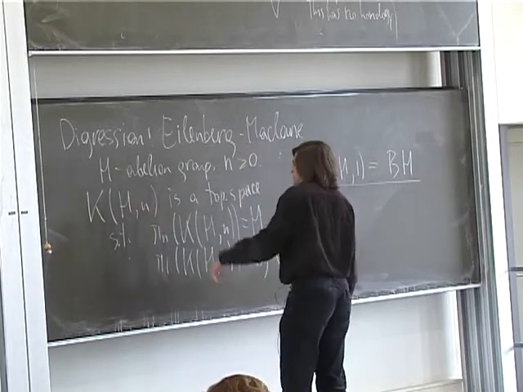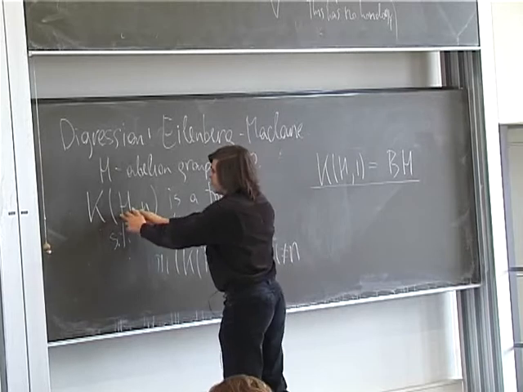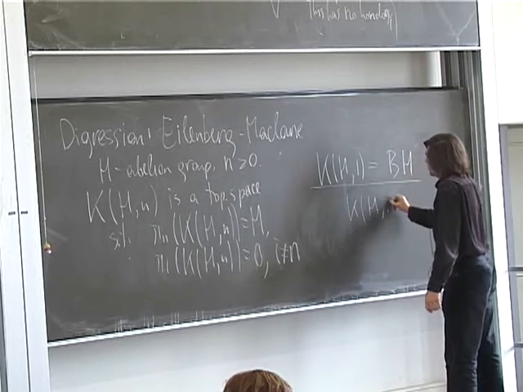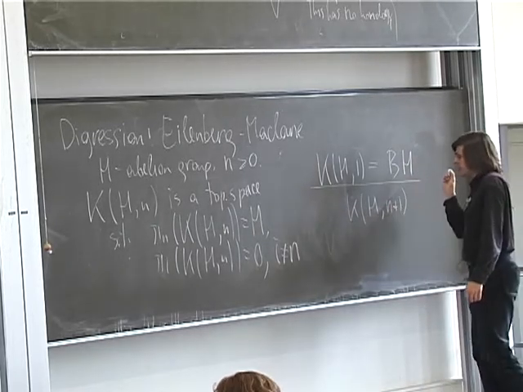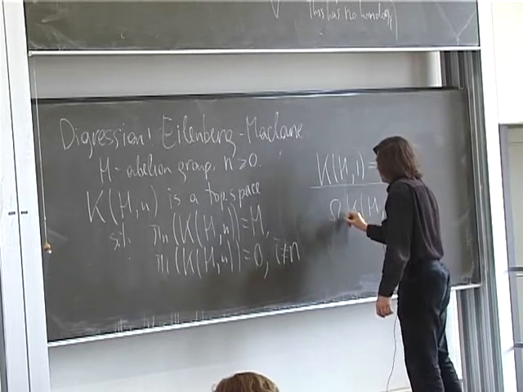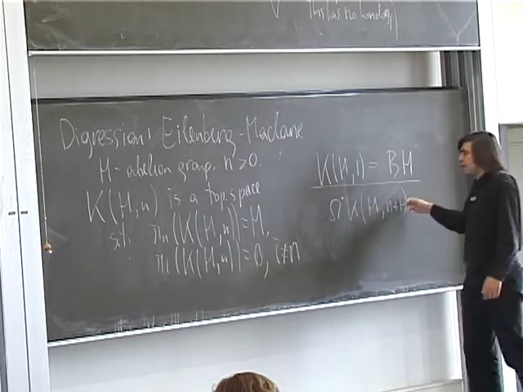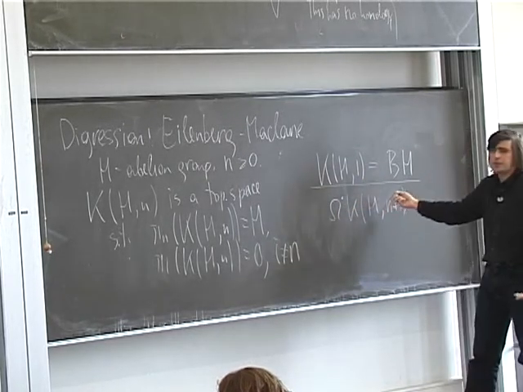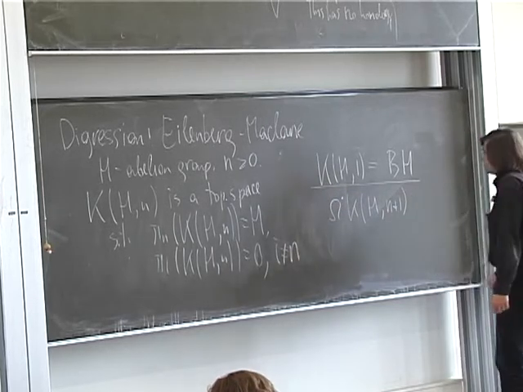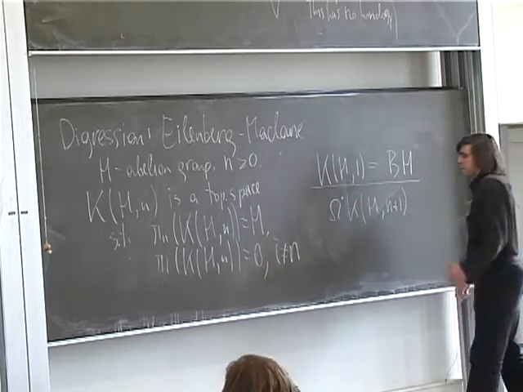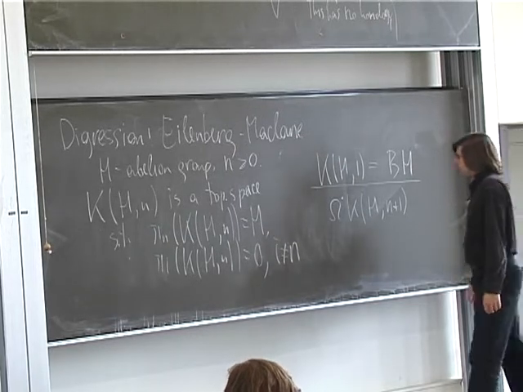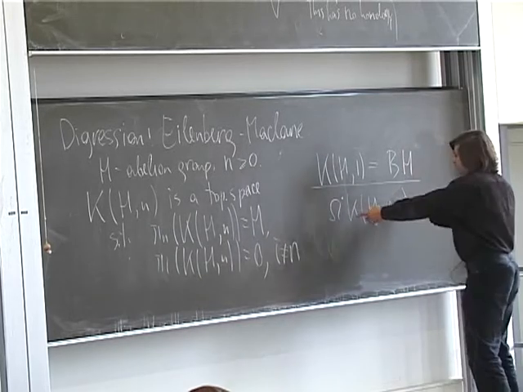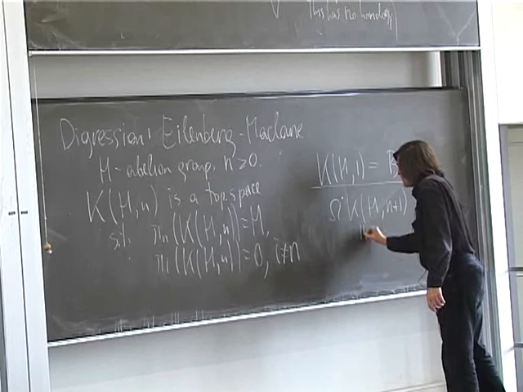So we have these spaces, and if we fix the group H and consider the Eilenberg-MacLane space K(H, n+1), we can take its loop space, the space of loops. In topology, all the spaces are supposed to be pointed, so there is a fixed point, and we consider the loops passing through this point. This is also a topological space, and this is a functor on the category of topological spaces with a fixed point. And taking the loop space shifts homology, so this must, by definition, be an Eilenberg-MacLane space